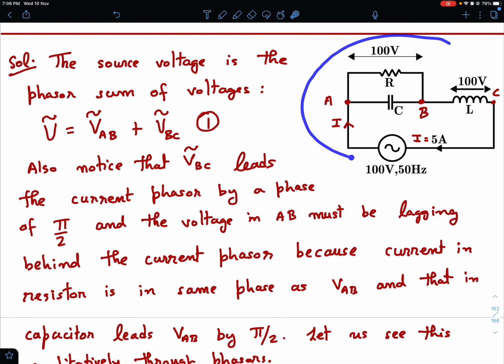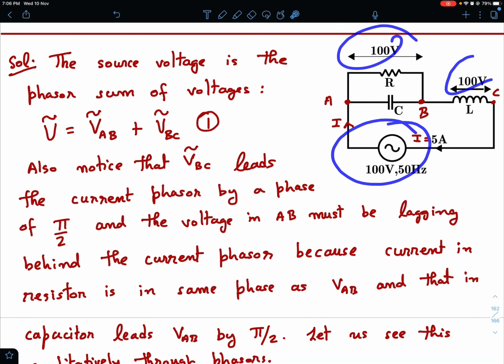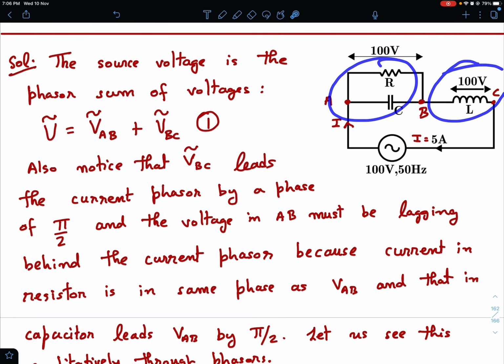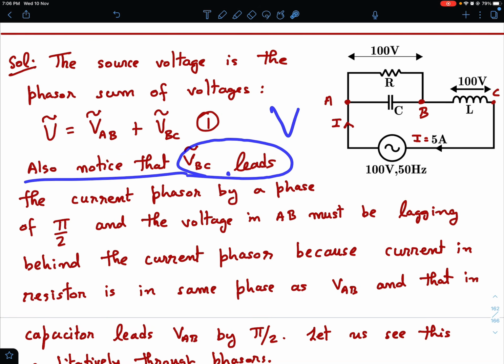Okay, and this is very interesting. See, two vectors are there of equal magnitude, 100 and 100, and their vector sum is again 100. That means what? These two vectors must be at 120 degree angle. So I've shown that in more detail later on. So initially I can say that the phasor sum of these two must be equal to this voltage, right? Just like in direct current we say that two potential drops add up to the potential drop across the battery. Also notice that for VBC I've used the symbol tilde to denote a phasor.